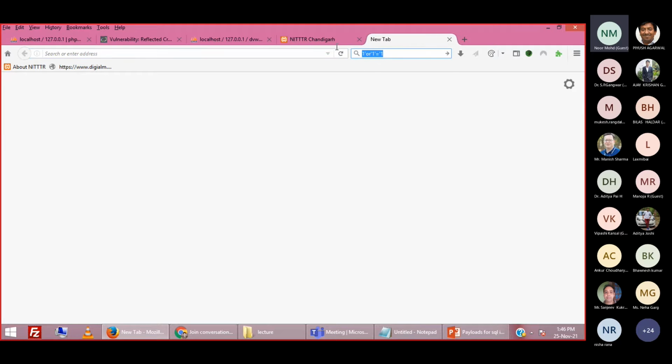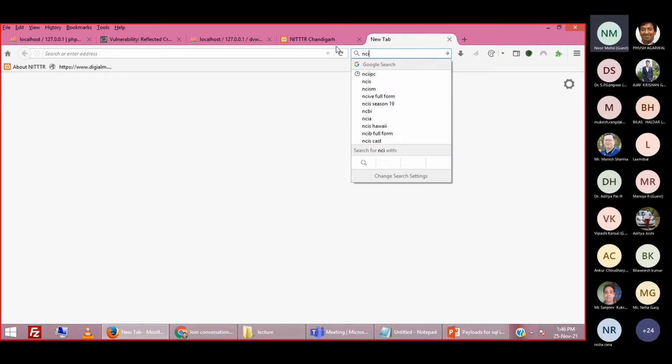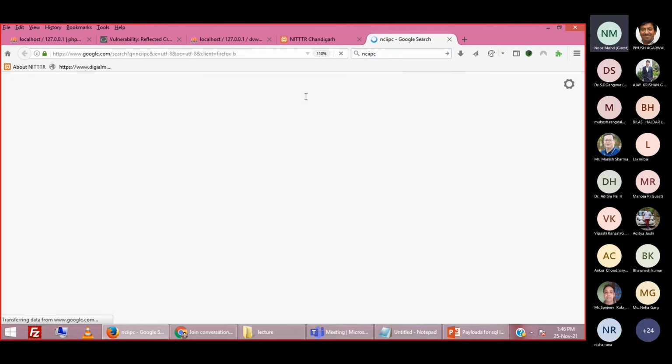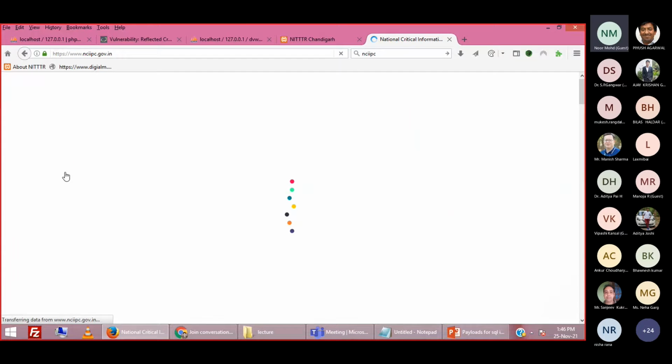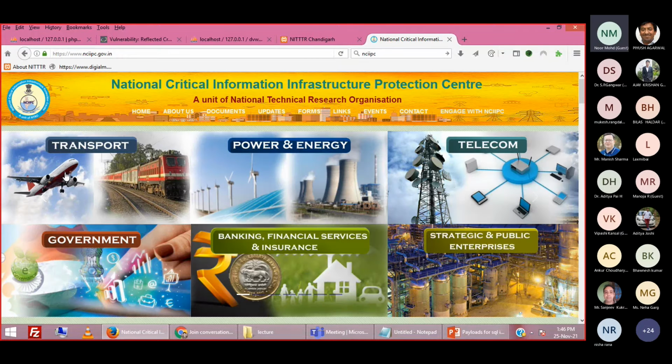So the Prime Minister has constituted a company called NCIIPC. It is directly running under the aegis of the PMO, right? NTRO is the parent organization. NTRO is the National Technical Research Organization.